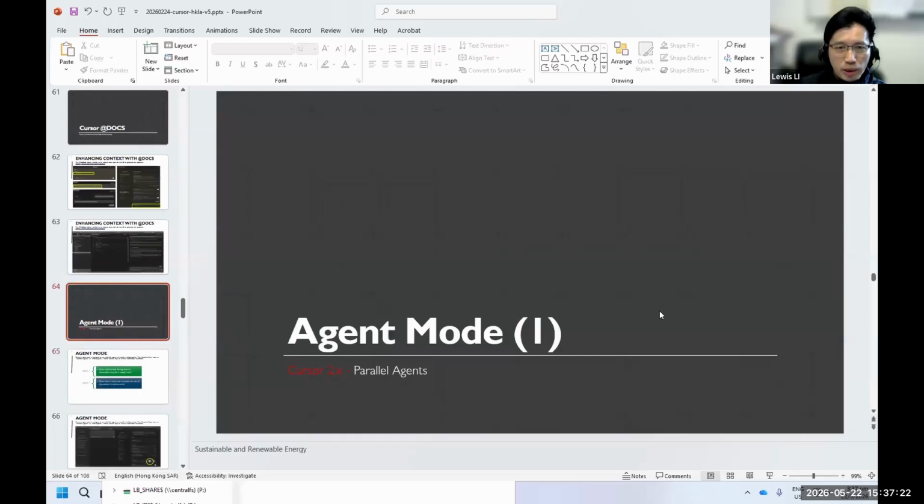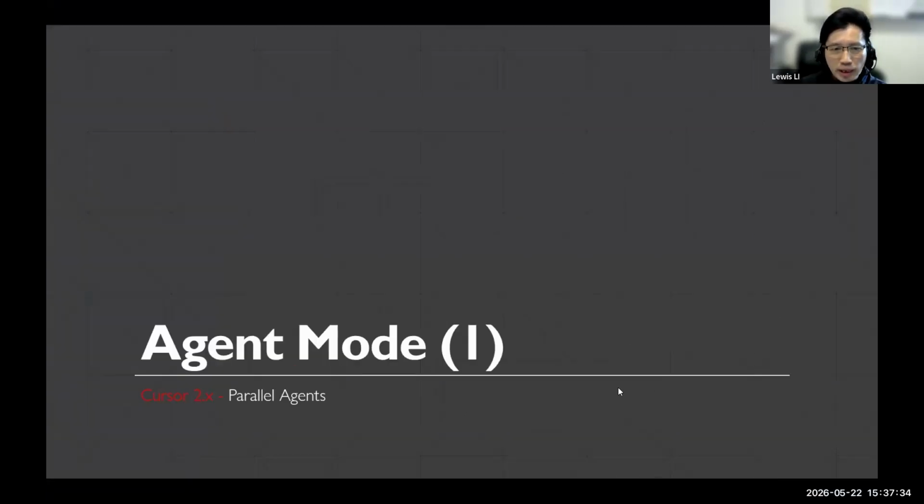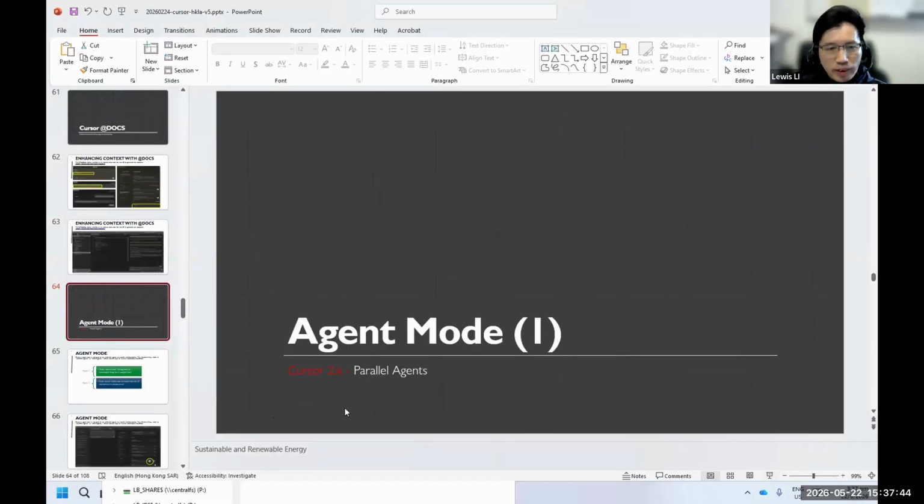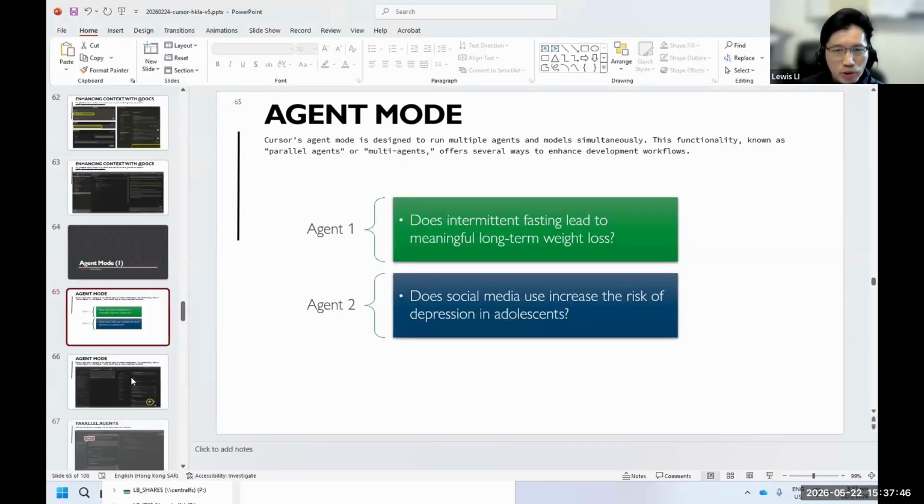So I want to show you about the agent. Okay, agent in Cursor. As I mentioned previously, you can run different tasks at the same time, or you can run different tasks using different models at the same time. So the first thing I would like to show you is how to run the model